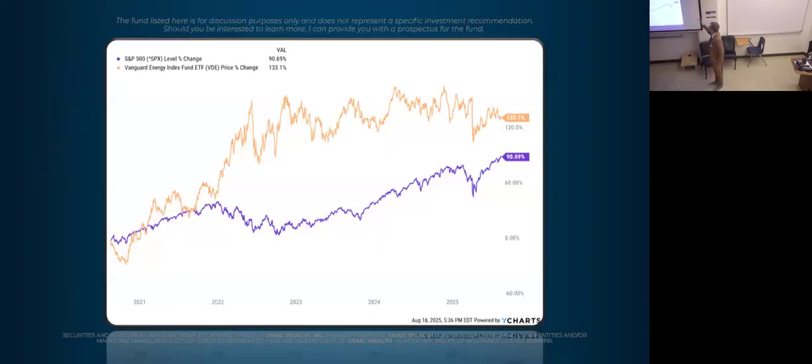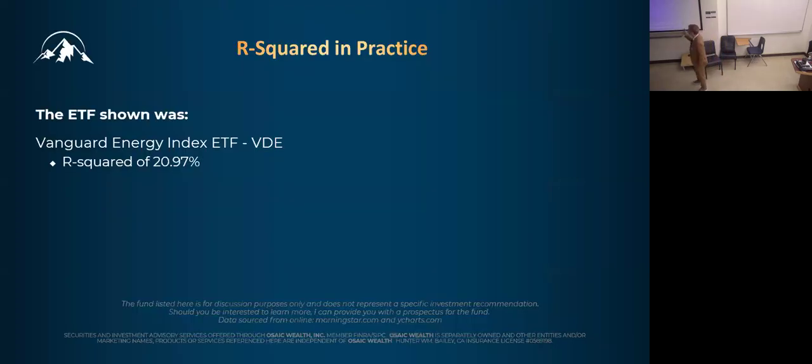Now we're looking at two funds. S&P 500 is in purple, our ETF is in orange, and I want to ask how many people think we've got a high R squared, like a strong R squared, very similar returns? No. How many people think we got a weak R squared? Yeah, okay. So you would be right. The R squared of the energy index fund, when you compare it to the S&P 500, is 20.97%, meaning that